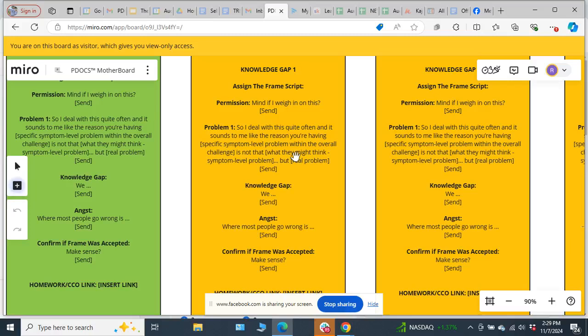But hey, man, I deal with this quite often. It sounds like the reason you're having problems closing deals isn't necessarily because of your sales skills as much as you're not talking to the right people or pre-qualifying them. So do you think if you had a better qualification process and the people coming into your call knew that there was going to be an offer presented and already told you that they would invest if they could see a clear path to their results? If we had all that information before the call, do you think you could close more deals?